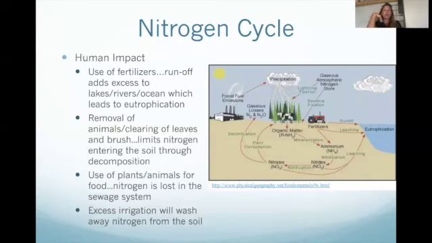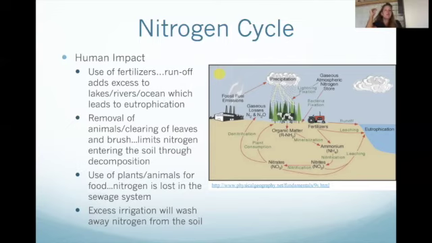there's a massive die-off. When there's a massive die-off of all of that algae, then the bacteria come in, they're breaking it down. Well, in the process of breaking down that algae, they utilize all of the oxygen for the lake, which creates a die-off of the lake. All of the fish and everything else living die.